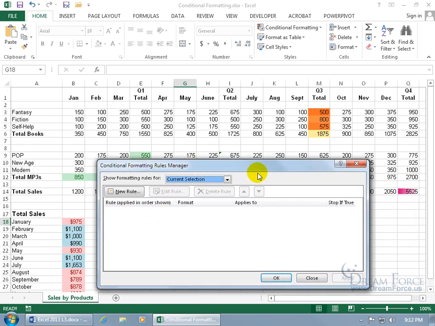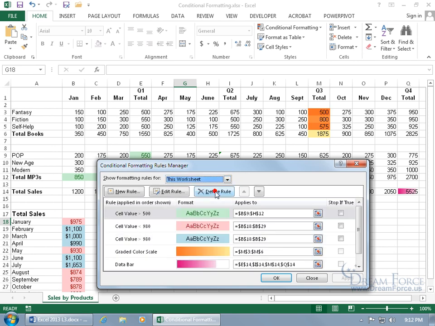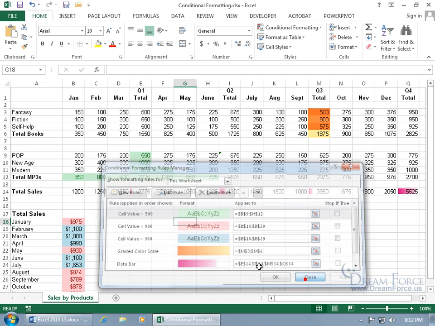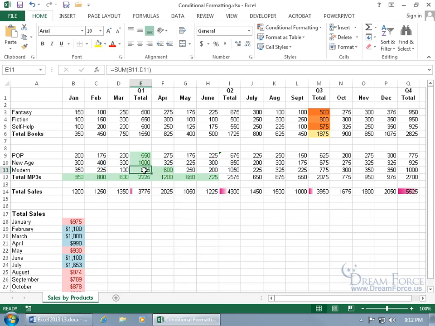I can do one of two things. I can either click on the drop down arrow and choose this worksheet and say, okay, show me all the rules that are applied in this worksheet, the least of which is the one that we just did, which is fine, but you can imagine if you had dozens or hundreds of these rules and you don't want to scroll through them to get to the one that you want to edit. The other option, let me click close,